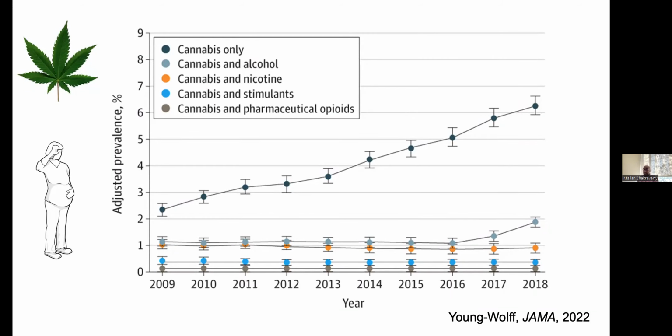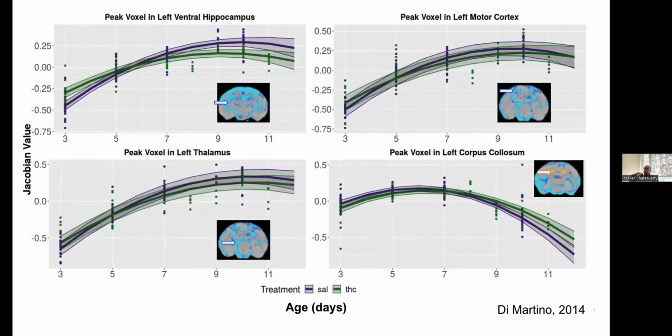And so when you expose animals or moms to cannabis, to THC in this case, which we inject in the earliest phases of life, what you see are these subtle changes in brain development that, if taken cross-sectionally, if you looked at any of these one time points, would almost be imperceptible. But it's this change in growth rate, where you see this decelerated growth in the pups, that is really telling. And it's something that we've been investigating more and more.